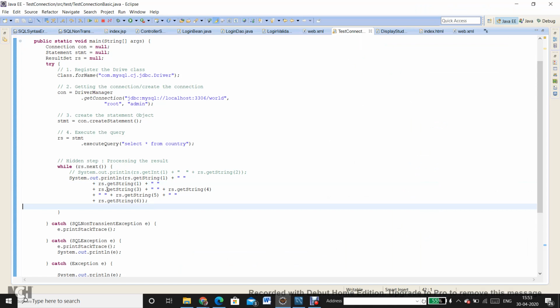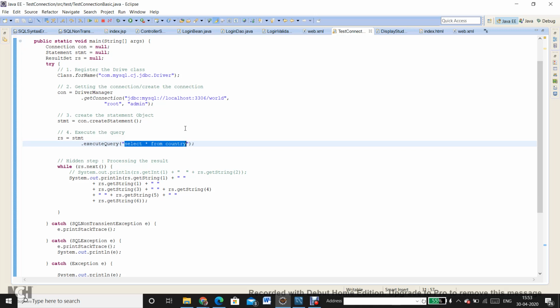Now let's move on. Okay. So see, till now we have seen the statement where we have written the SQL statement which was of the type select. So I say select from country or select from some other table and I get the result.